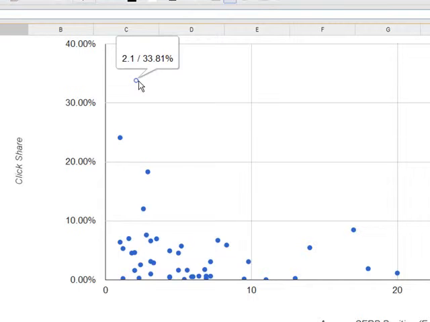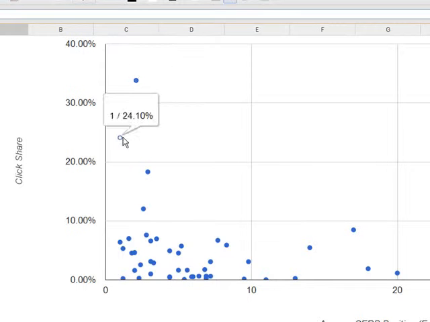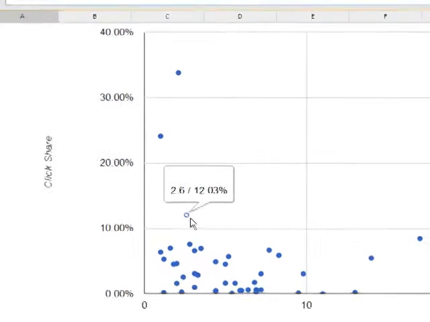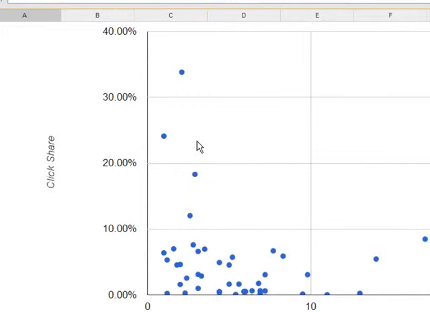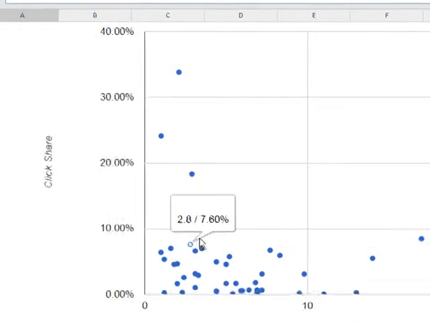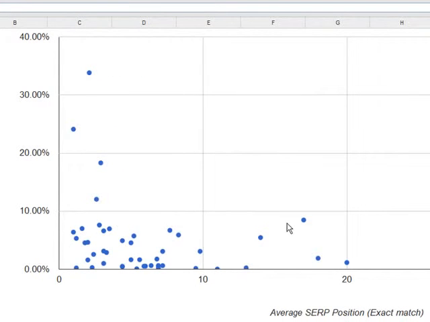So what can you take from this? From the results that we've had on our website, if you want to get over 30% of the clicks, you need to be in the top 2 positions, this is saying. And also really for over 10%, you've got to be in the top 3. So this one's averaging 2.9, gets nearly 20%. If you're outside of the top 3, as far as our real data is concerned, then you're not going to get more than 10%. But look at this one.